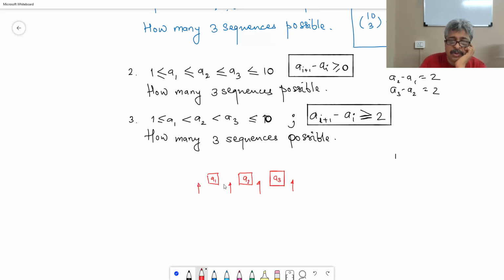And suppose you have D number of chairs between them. I am assuming this as a chair and somebody is sitting on the chair type of problem. So I am inserting D here. If D is 0, that means A1 can be equal to A2. If D is 1, then A1 is strictly less than A2.